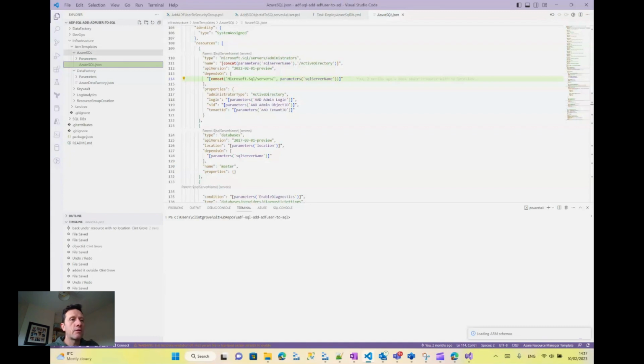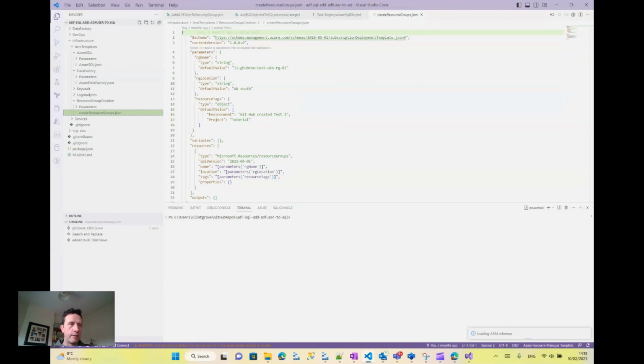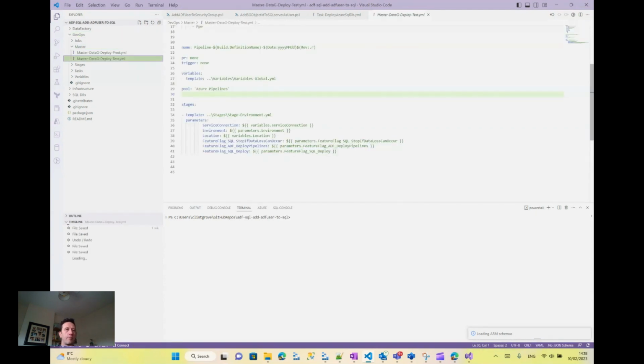So infrastructure code is pretty simple. I'm creating a resource group as well. So from scratch, I'm creating a resource group. I create the SQL Server. I create the database, data factory. Then I want to populate, like I said, the SQL Server with a database with tables and users. Now, the way you do that is if you look at the way I've set up my YAML and such, you'll see that